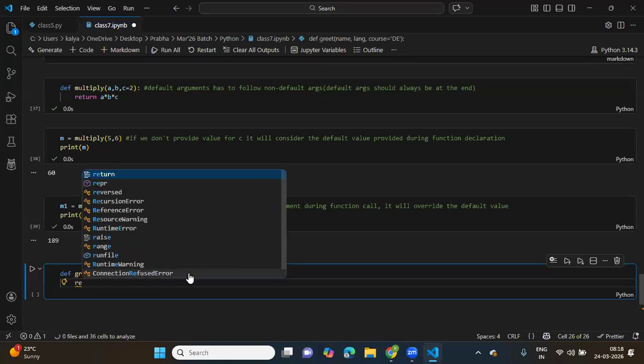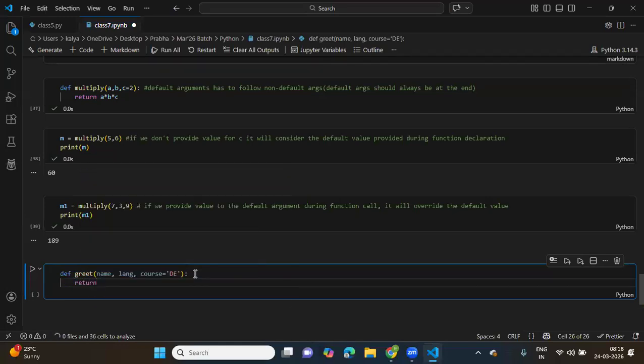So in the function I'll make a return statement, or let us say greet message equal to, I'll store it into a variable and then print that or return that. Greet message equal to hello name, welcome to this language, welcome to Python session. Let us say I'm just assuming Python session